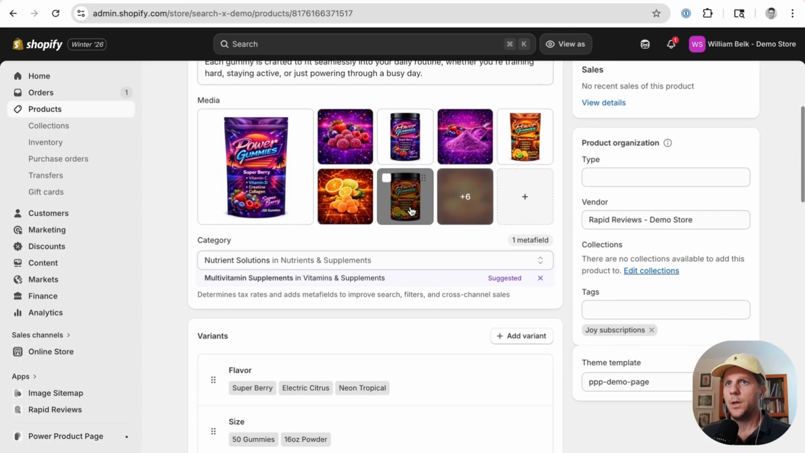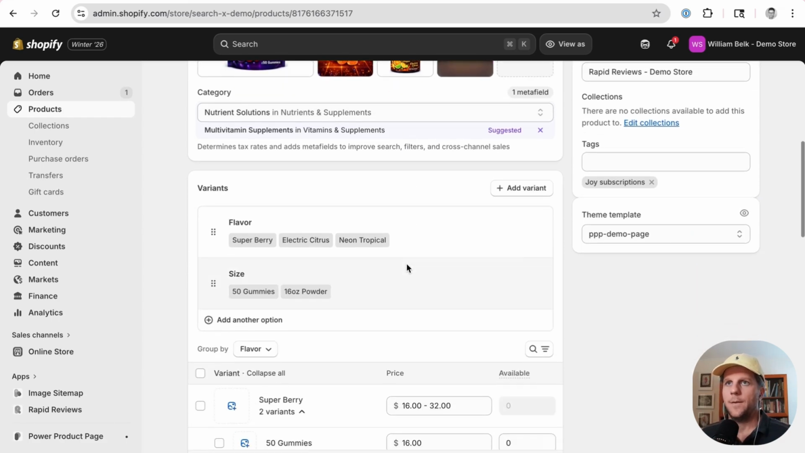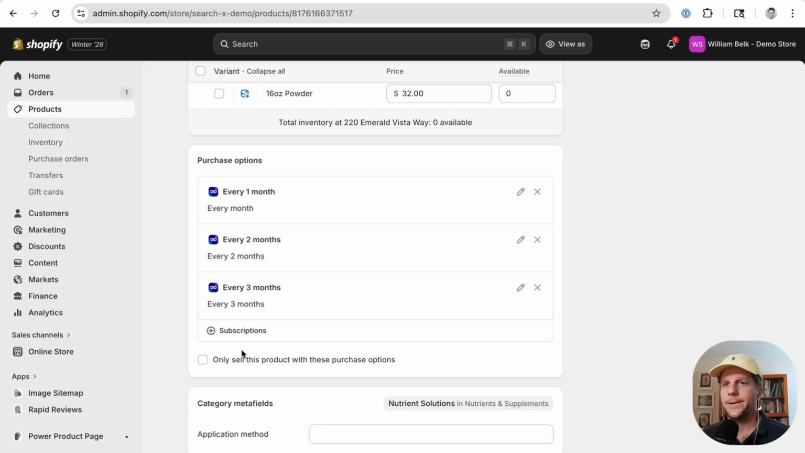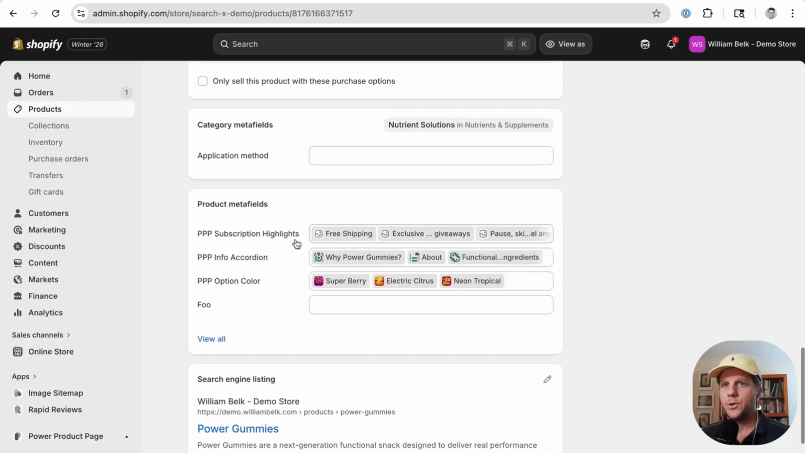And then so that handles setting up the image gallery. So variant aware image gallery. And then if we scroll down, you can see that we have all of our subscription information. And in this case, I use the app Joy subscription app to populate the selling plan data. And then if I scroll down, you can see we have here our